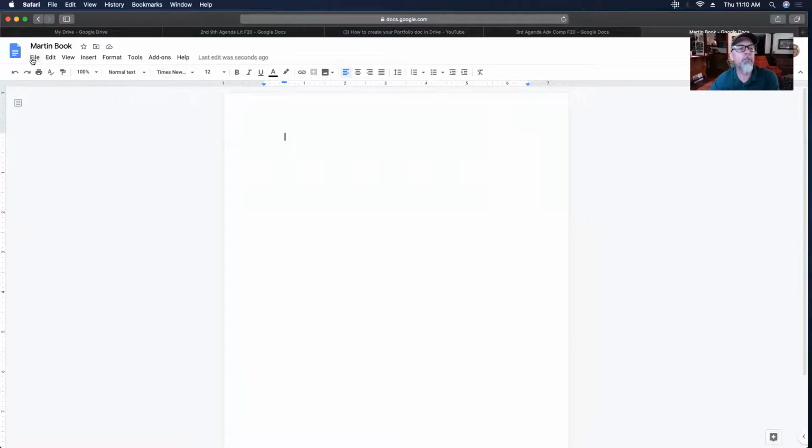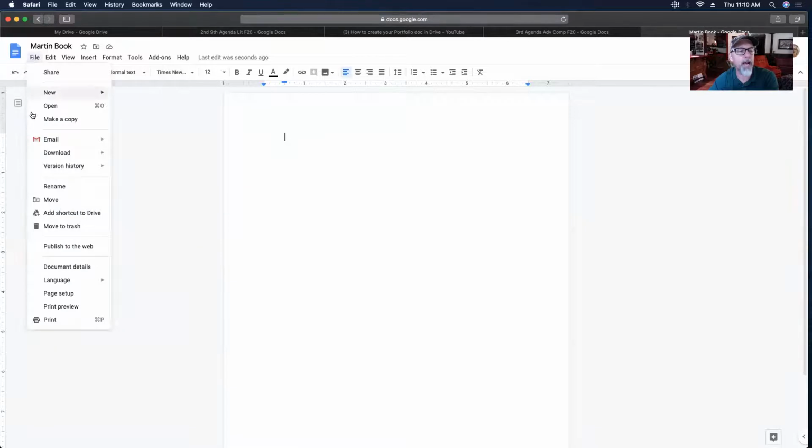Then over here on File, okay, you're going to click File. You're going to click Page Setup. Now on your phones, I believe you're going to find Page Setup in the upper right corner, those 3 little dots. If you click on the 3 little dots, then you're going to see,